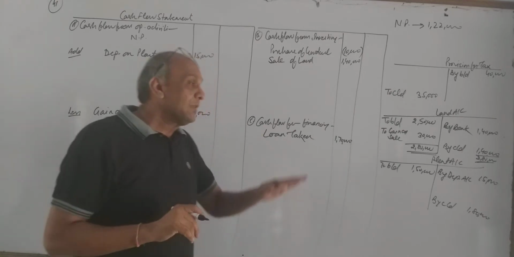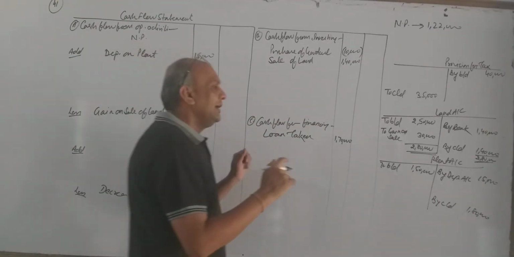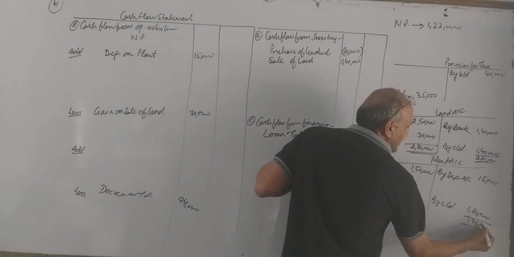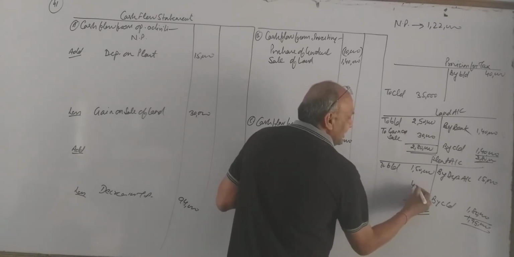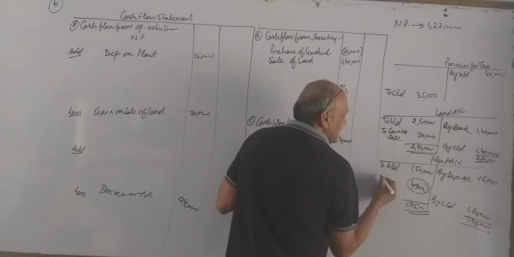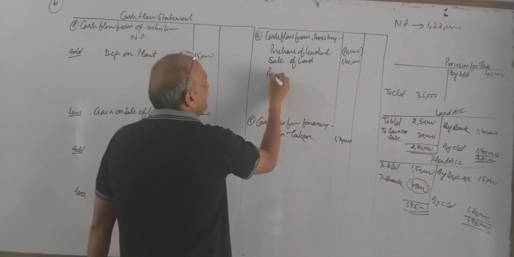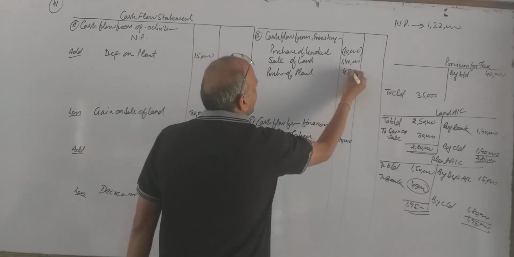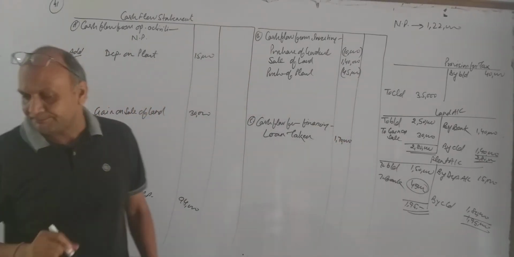Always remember, whatever adjustment is to be written at two places, write it at both places first and then move ahead. Now let us close plant and machinery account. Its debit side is 195, and what is the remaining figure? 45. And what is this 45, my dear? Purchase, to bank account. And this is purchase of plant. Which activity? Investing activity. Purchase of plant, 45,000 rupees. Which item, my dear? In bracket, because money is going.